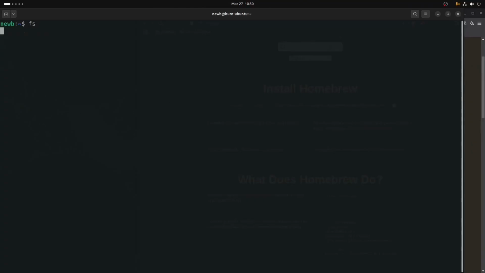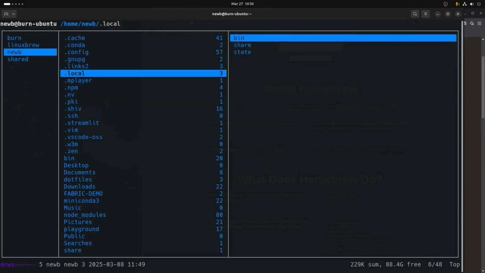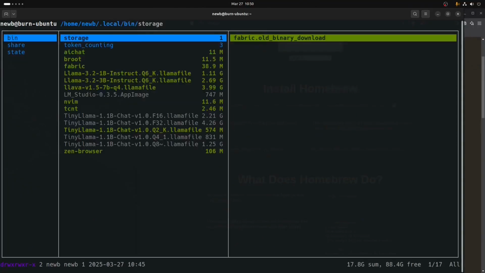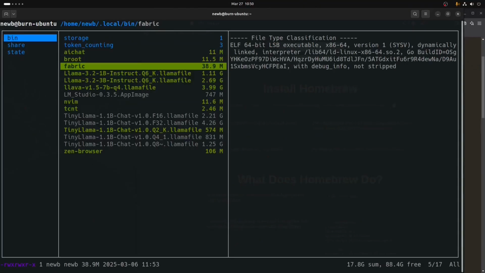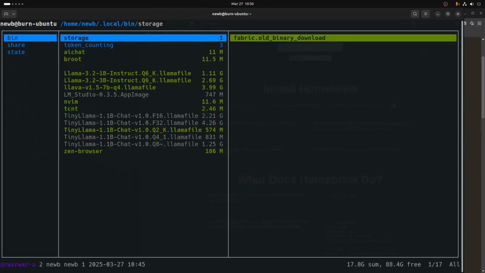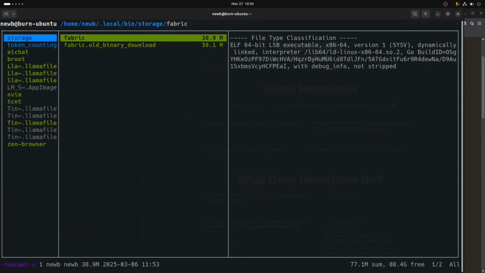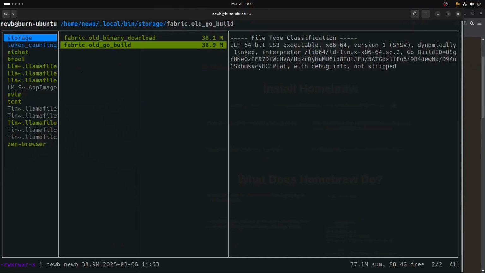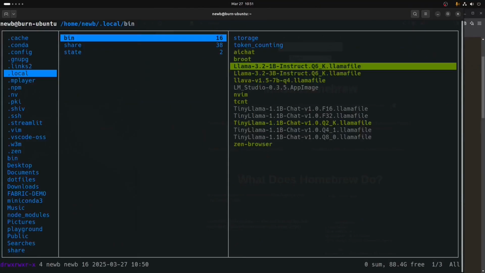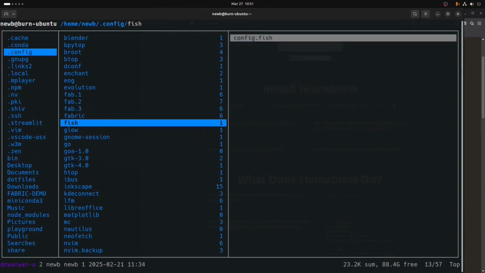So first off, we have to go in and we're going to move the existing Fabric tool that we have in our .local bin, which is right here. And you could do this at the command line where you just use the mv, the move command, and move it to a different directory within Ranger. Just because I want to show you this quick, within Ranger, I can just move it over into cold storage. And just to be clear, I'll rename that the old Go build. So now in cold storage, I have the Fabric old binary download and the Fabric old Go build version. So now the Fabric tool is out, and going into .config, the Fabric folder that was built by